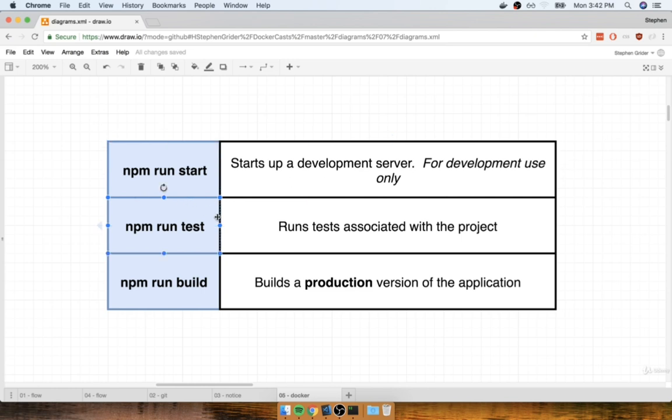The next command to be aware of is npm run test, which is used to run any tests that are associated with the project. When we generate our React project, it automatically gets one or two tests created for us. We're not going to add any additional tests because, of course, this is not a course about testing or React.js or anything like that. Instead, we're just going to run those tests and say, okay, we know how to run tests. Really much more concerned about tests here in the context of making sure